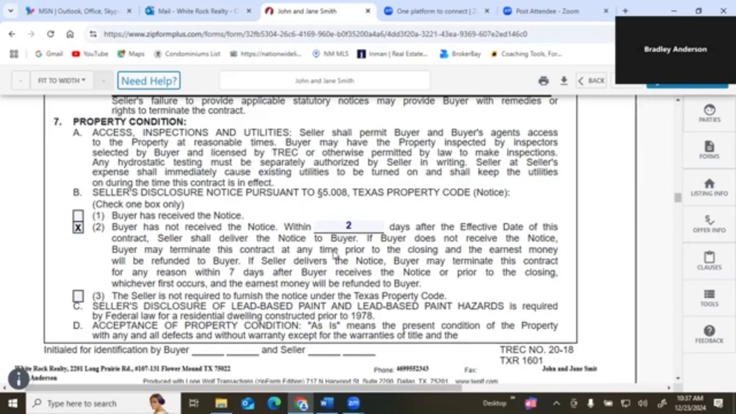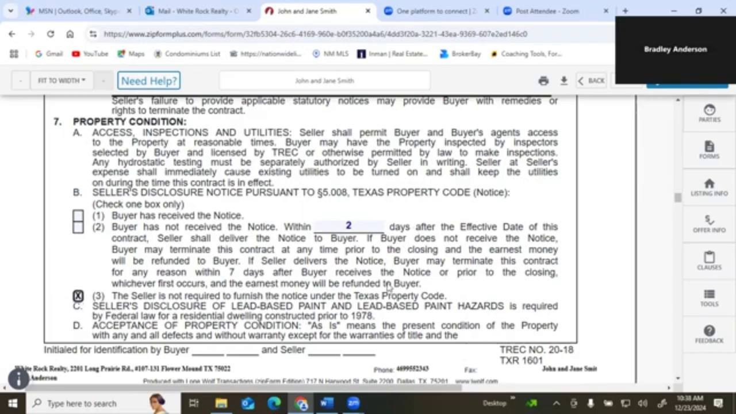If seller delivers the notice, buyer may terminate this contract for any reason within 7 days after the buyer receives the notice or prior to closing, whichever comes first, and the earnest money will be refunded to the buyer. So this is an additional layer of protection for the buyer if the seller just doesn't outright deliver it at all, or if the seller delivers it late. There is an extra period of time that the buyer has to process what's in that document, and the seller can get out. Or option 3,